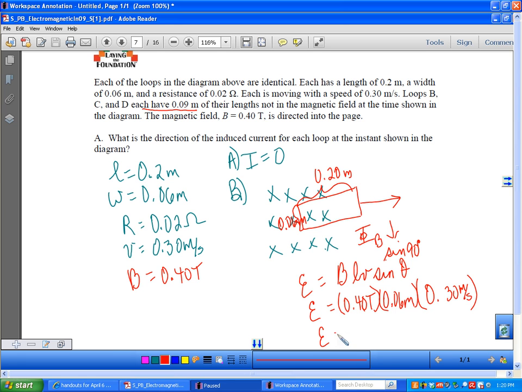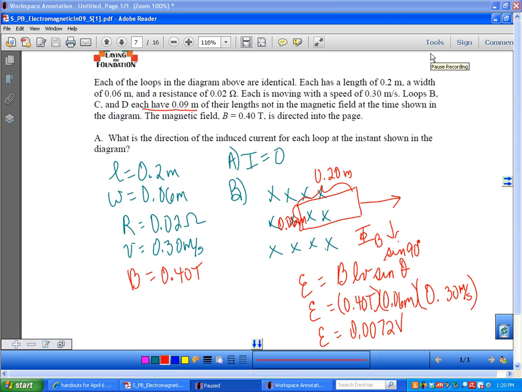So if I multiply 0.4 times 0.3, I get 0.12, and then I multiply that by 6/100ths, I get 0.0072 volts, but I'm going to pause and make sure that's right. All right, so there's my EMF. Now what I need to find is the current, because that's what Part B asked me to find. It asked me for the magnitude of the induced current. So I is equal to V over R. My EMF is my voltage,